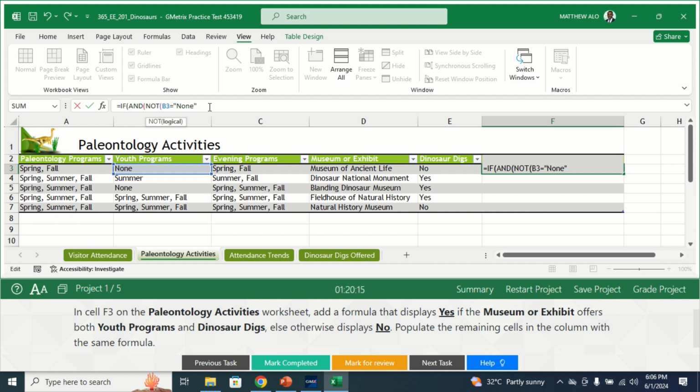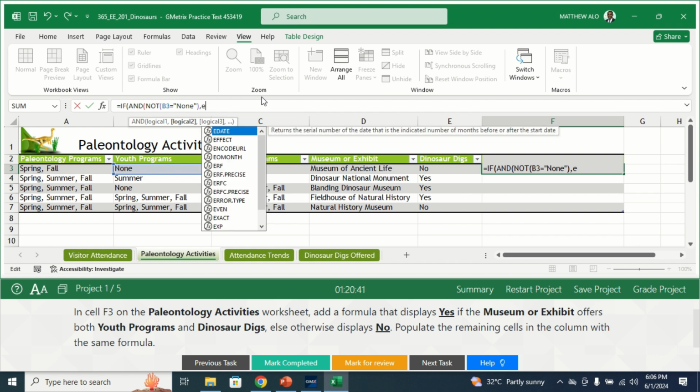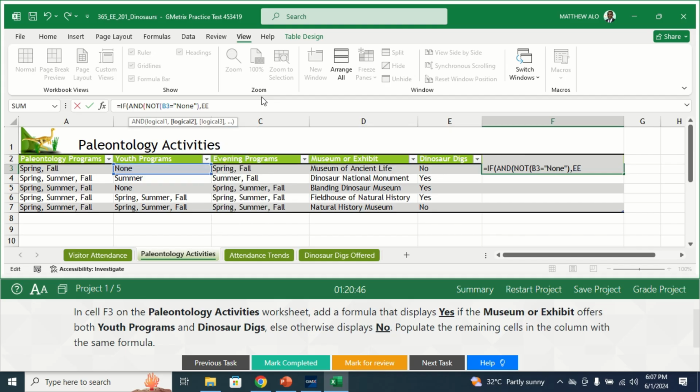There's a comma there. Then this result: or exhibit offers youth programs or dinosaur digs. Okay, dinosaur digs is E3, or E3 equals